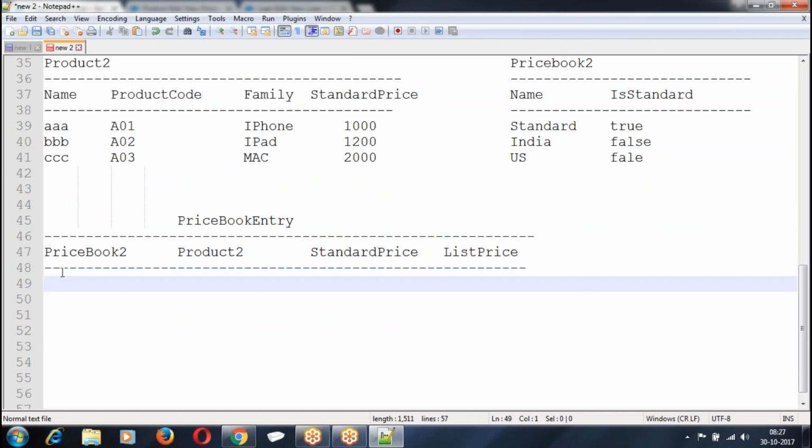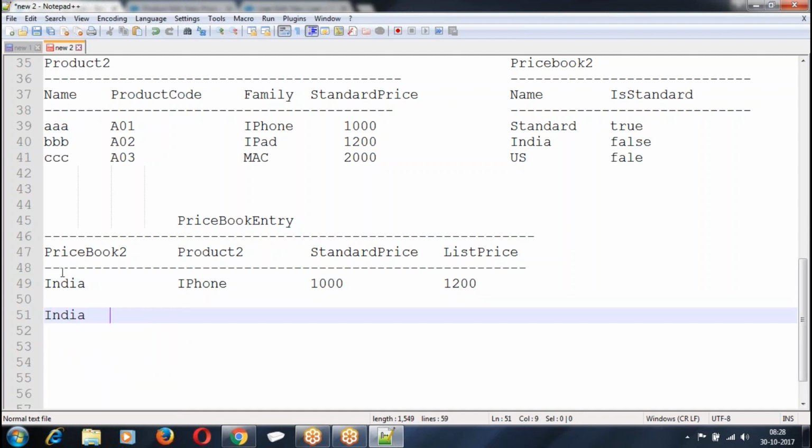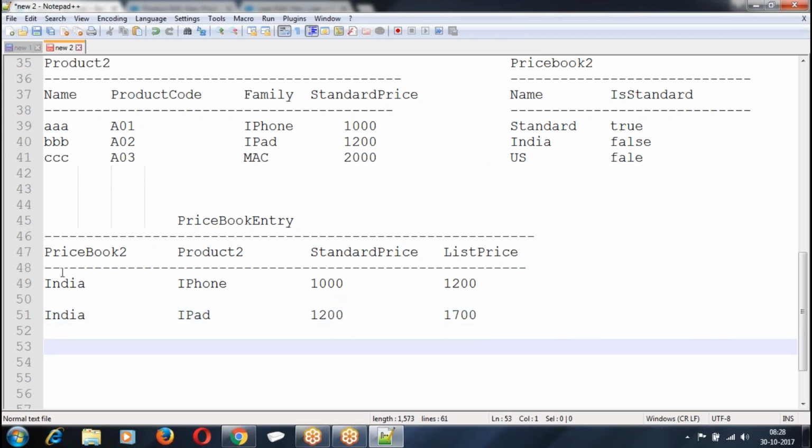So here we are going to say price book, India price book, iPhone. What is the product? iPhone, standard price is 1000, list price is... Price book India, iPad, standard price is 200, list price is... Price book, US price book.